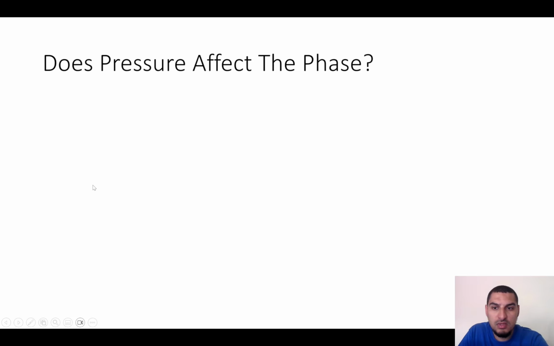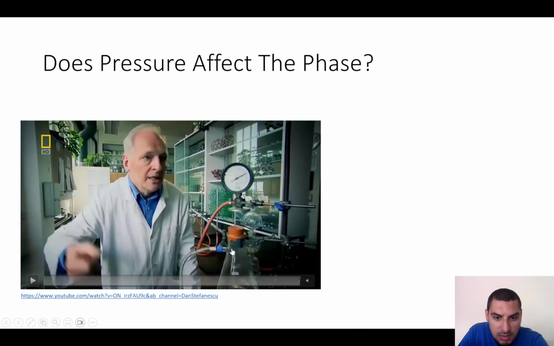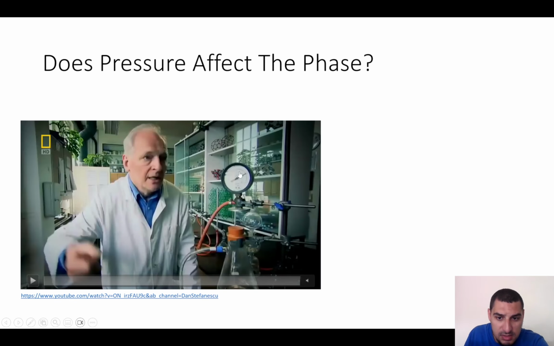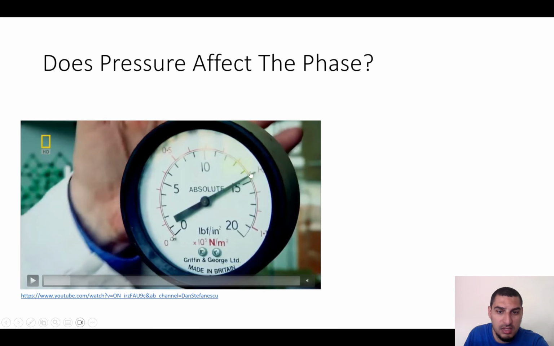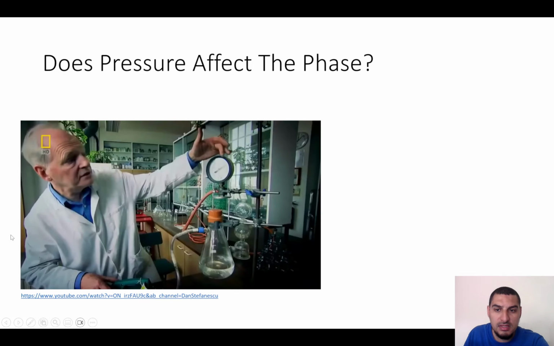This short video that we will see is about, and I hope this is clear here, but just to clarify, this is a flask that is filled with water at room temperature. It's closed, so there is no air that will go in or out of this flask, and it's connected with this tube to a vacuum pump. And there is this connection here that measures the pressure, as we will see. So this is the pressure. It's 14.7 psi, which is 1 atmosphere,